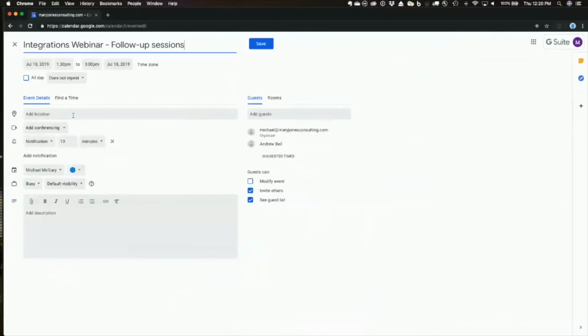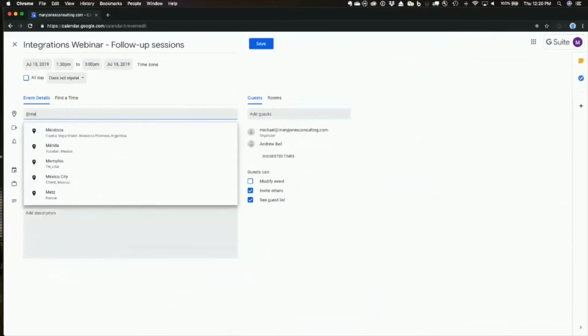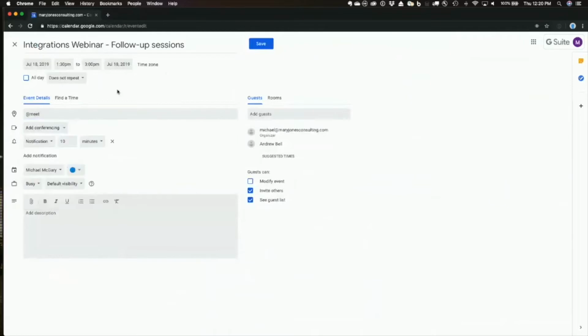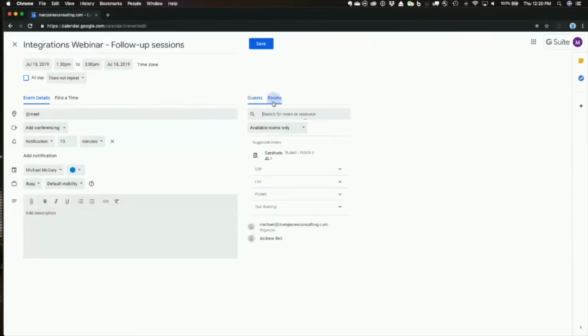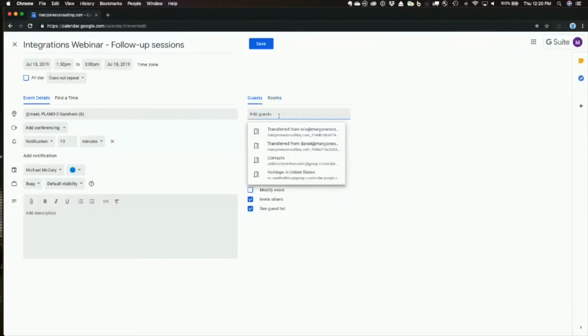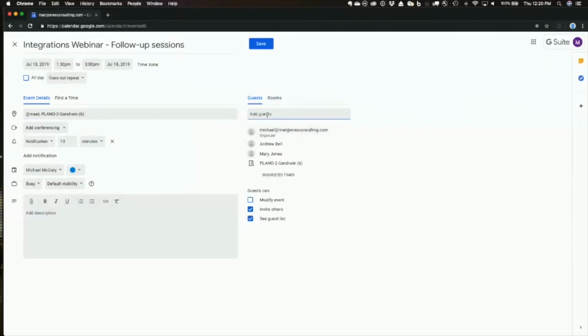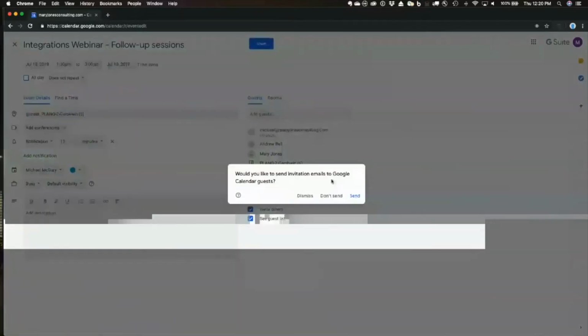Now, instead of typing, or instead of using the drop-down box on the Add Conference, I'm just going to type @me, because we have back-end integrations that can occur without even having to install anything at all. So I'm going to use @me, and I will go ahead and add the room too, might as well, right? And I'll also add Mary, and let's just go ahead and save this meeting. Okay? So now I have a second meeting in my Google Calendar,